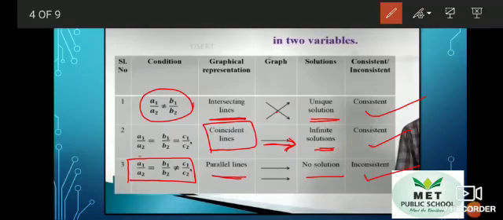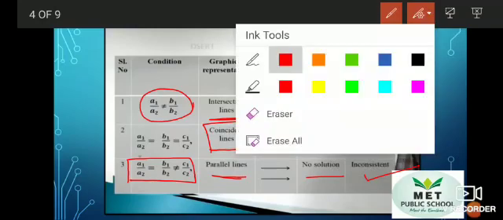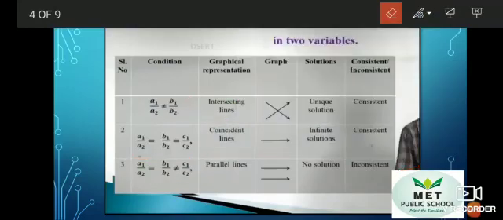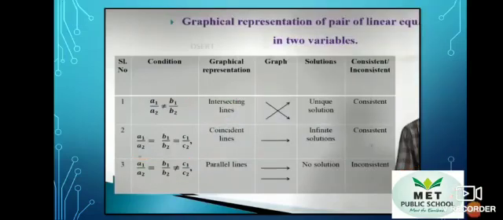The main thing you have to notice in this graph is that there are 3 types: intersecting lines, coincident lines and parallel lines. You have to make a note of the 3 conditions of the lines. You have to check the number of solutions formed in the line and also whether the given graph is consistent or not. This is all about the graphical method.